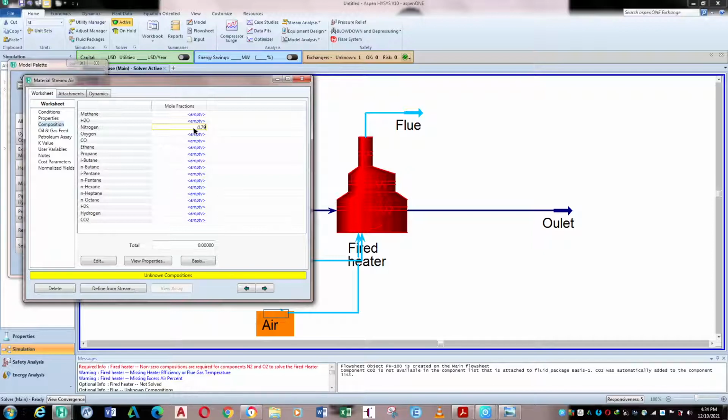Yeah, so the next step would be to make sure that you make adjustments to make sure that ASPEN HYSYS knows that you want to model a fire heater. So you do this by changing the fire heater from